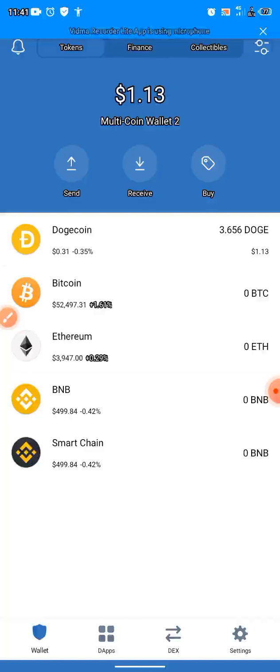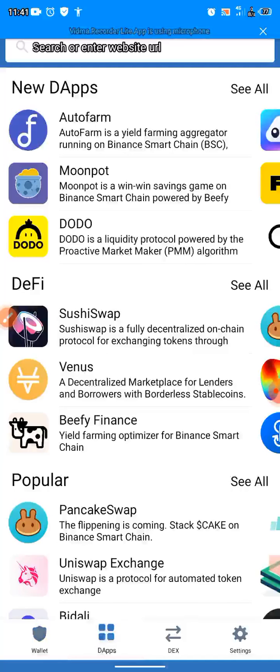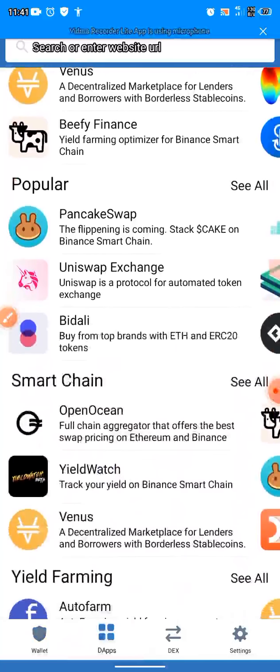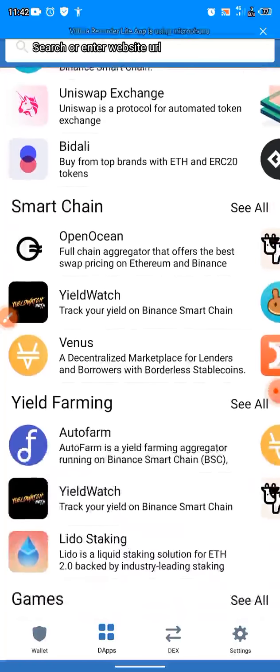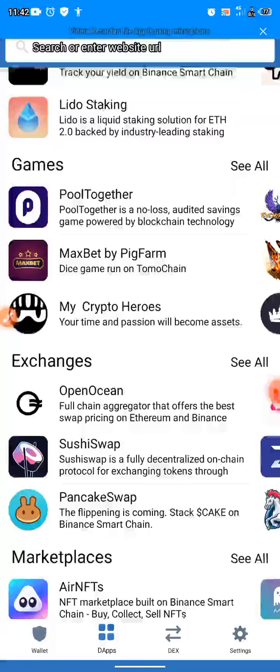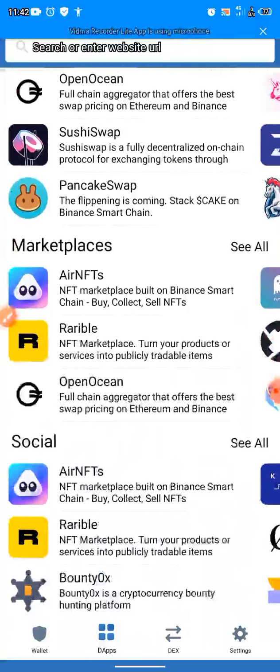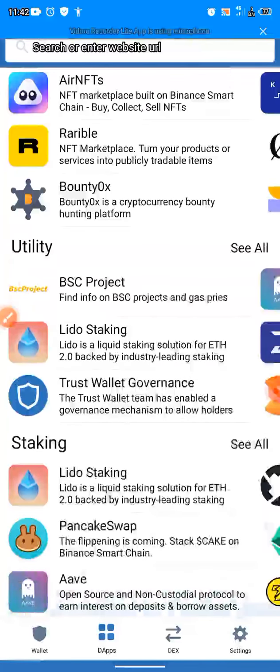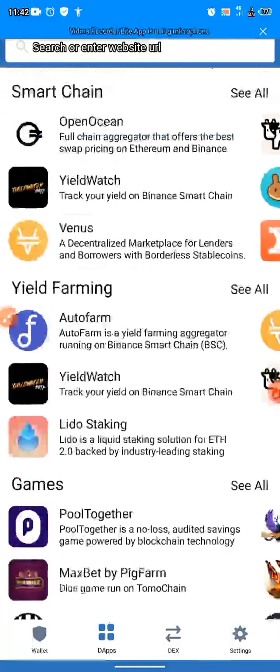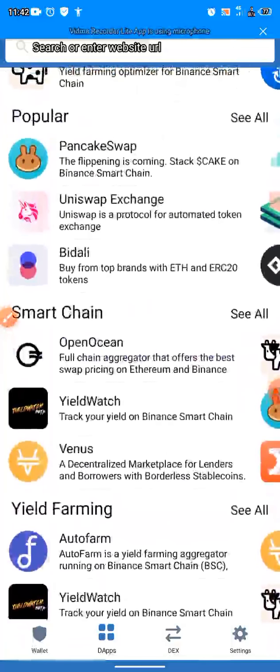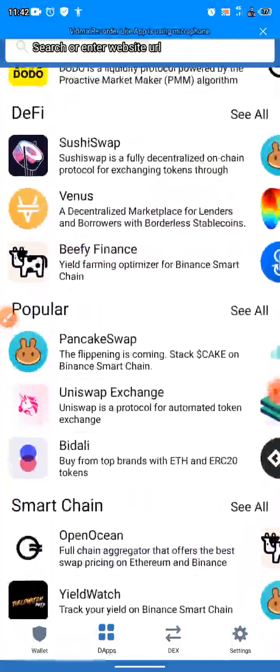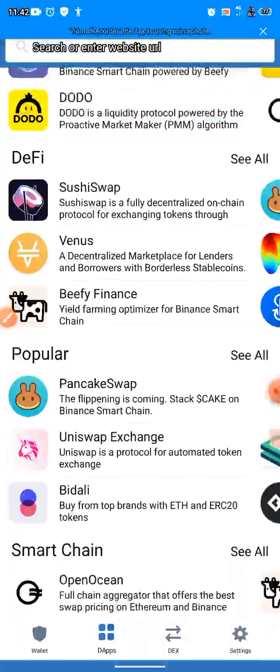Now the next one is the app. The app is all the coins' websites that you can check to buy coin. All these coins have their own websites, so you can search for it here and click on it, and you will see how everything works there. Now the third one is